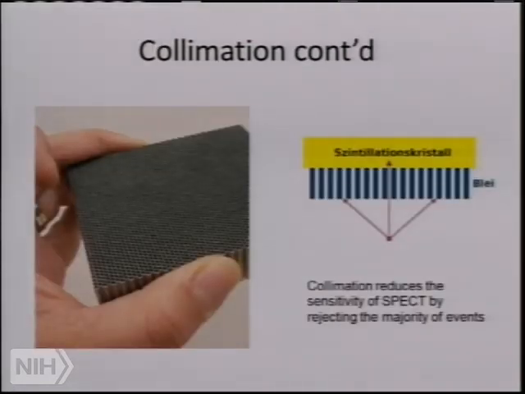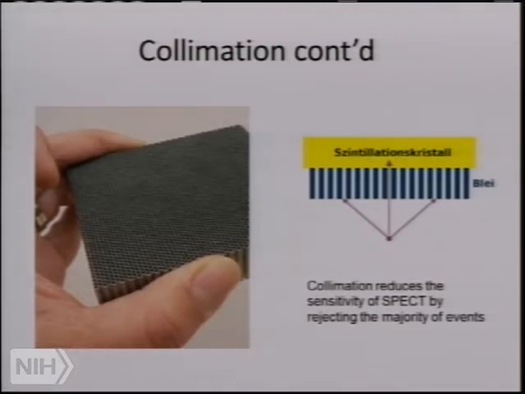So this is what a collimator looks like. It's usually made out of something like tungsten, a very, very dense metal. And you can see that if you're a gamma ray trying to get through one of these holes, you've got to be oriented in just the right way. Otherwise, you'll just get blocked by the metal. So as you can see on this slide, you have a scintillation that occurs. This gamma ray can get through and light up the scintillating crystal, but these gamma rays are blocked. So there's some aspects to that.